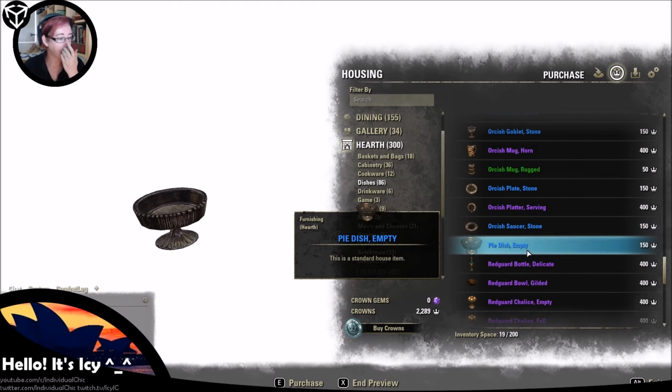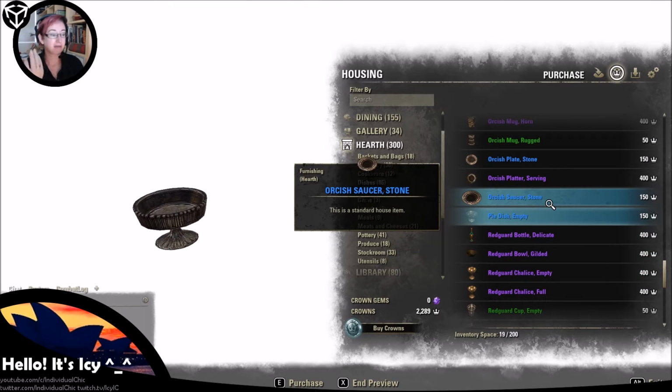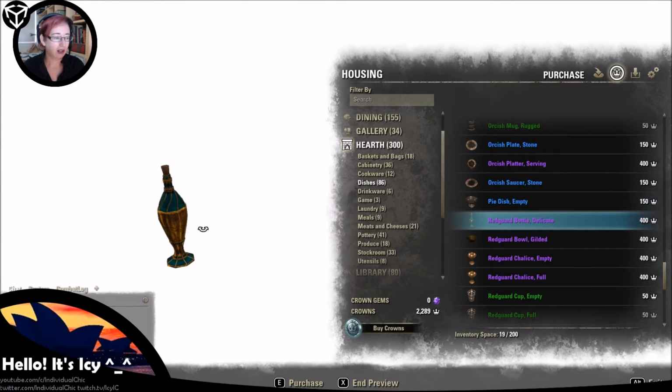Okay, we've got the pie dish. Now these are sort of standing up and they look okay. There is also one somewhere that you can actually get the pie dish with the pie in it as a display. Yeah, they're okay. I prefer them without the stand, honestly. Alright, so we've got some beautiful...